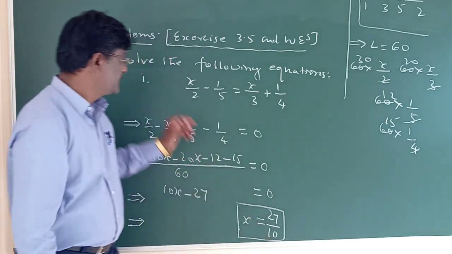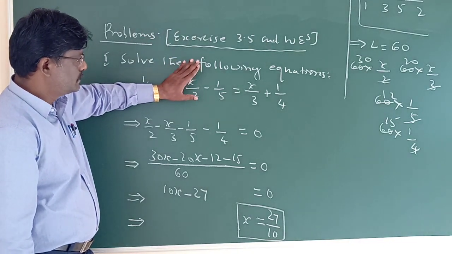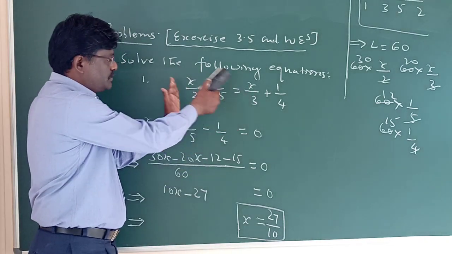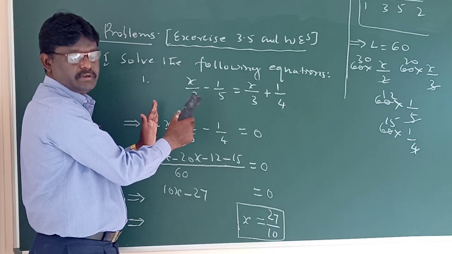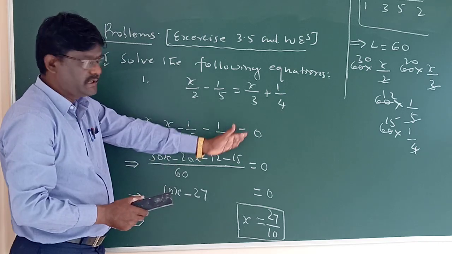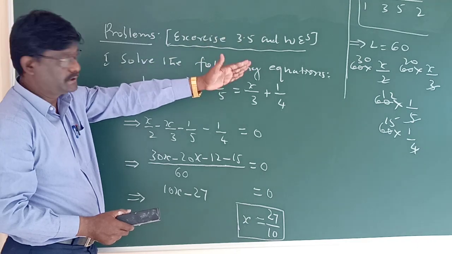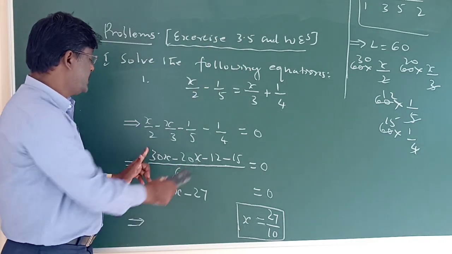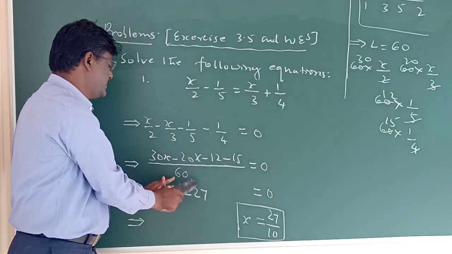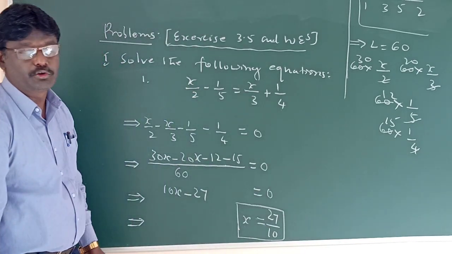27 by 10. Once again, just look at children, if we have fractions like this, first we have to bring them into simpler form. How? Just shift everything to the left hand side, but it is not compulsory, it is not general for all the problems. Here it is convenient. Keep the right side 0, then go for simplification by taking LCM, use the rough work, take LCM, simplify, add like terms or subtract according to the sign, then minus 27, this 60 cross multiply. Okay, thus x equal to 27 by 10.